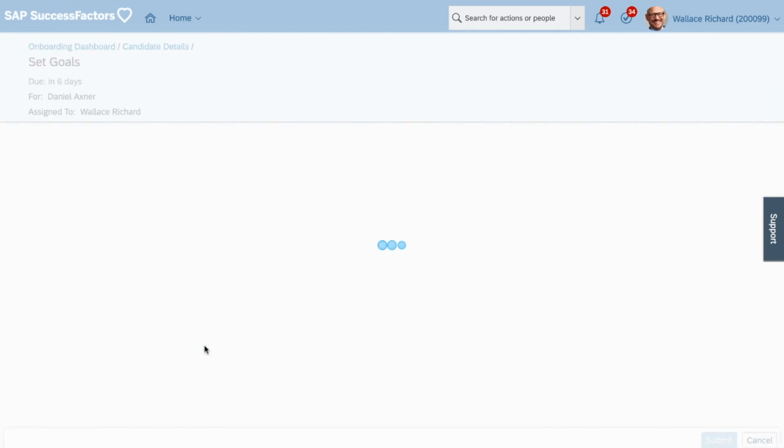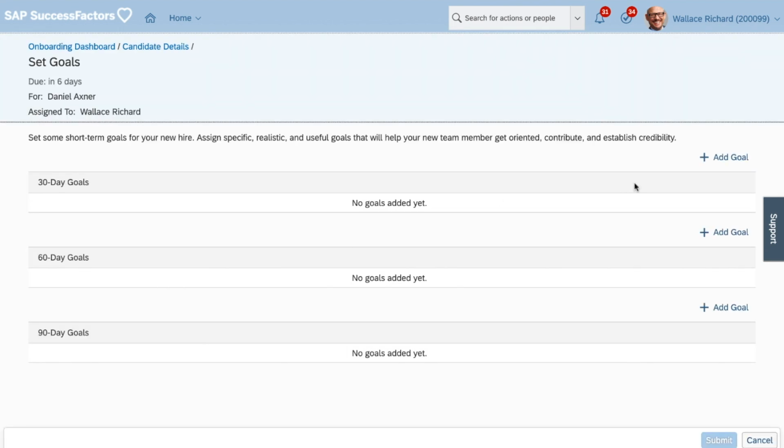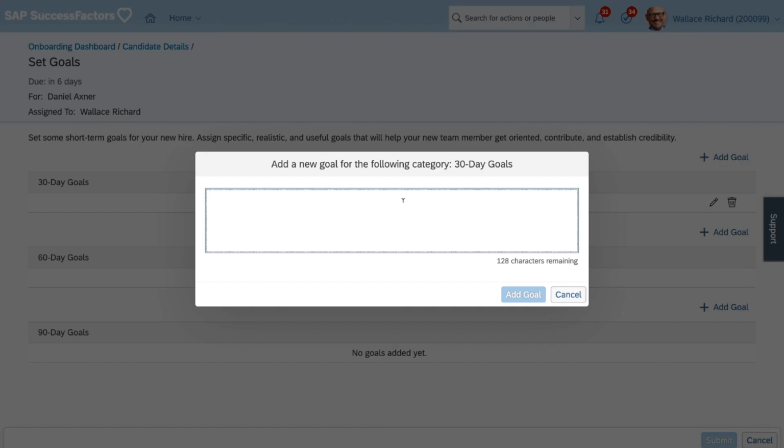He could start setting goals for the new hire. And this is a really great link between onboarding and the talent management that should actually already start from the first day. So this is where Wallace could recommend Daniel to start engaging with the new team members,